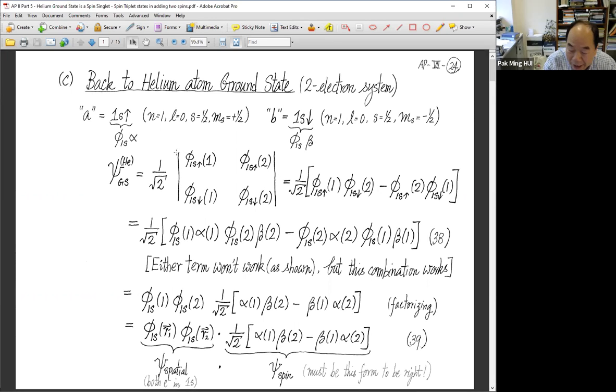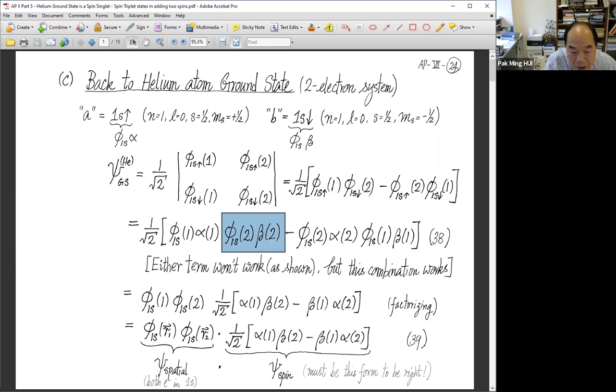We know the proper way is to write down a 2x2 determinant. A state is 1s up, B state is 1s down. That's fine. Multiplying out, we have this. Or in our notation, up is alpha, down is beta. So this is 1s in real space, that is alpha theta phi, and then an up spin part. The second term will be 1s down, so another 1s, but it's the second electron, it is in the down